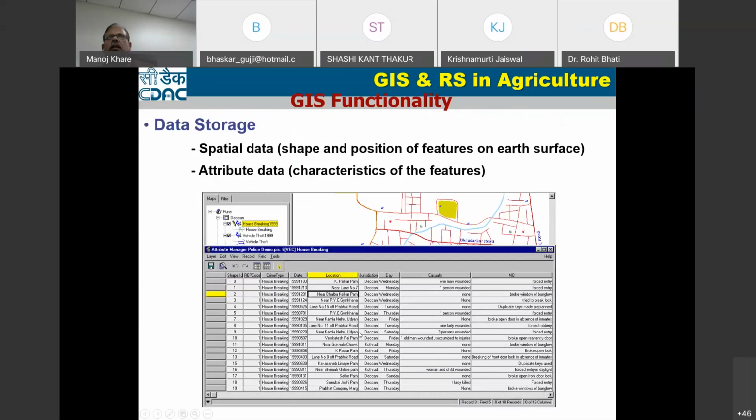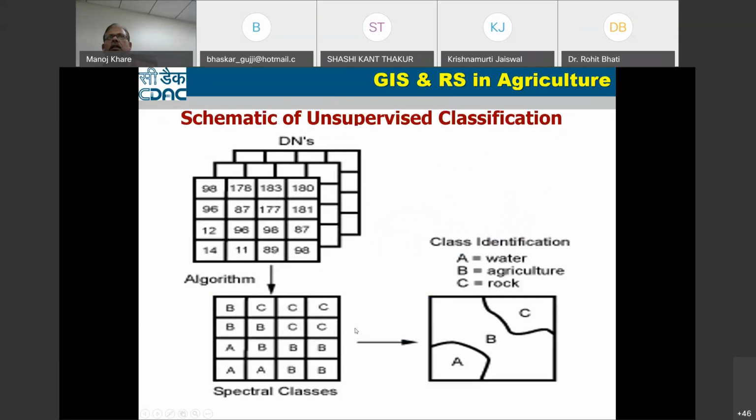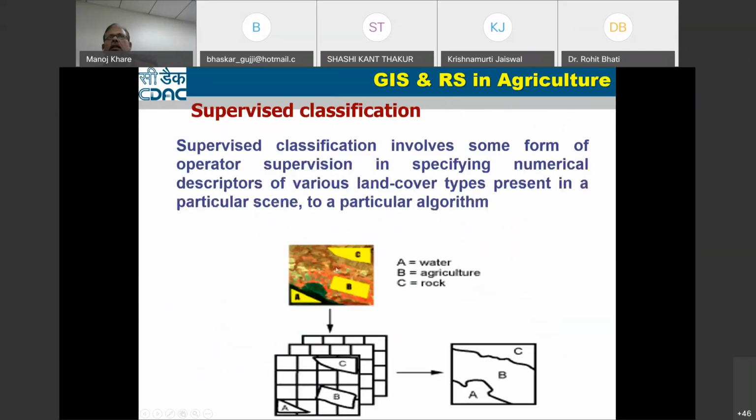Suppose once you have classified, in this area you have classified this as agriculture, but this other area is also agriculture, yet it has not been classified directly, it has merged with some other classes. In that case, you can identify a new class over here. Suppose the DN value range for agriculture is around 180 to 190, but the DN value here has come to 160 to 170. So in that case, what happens?